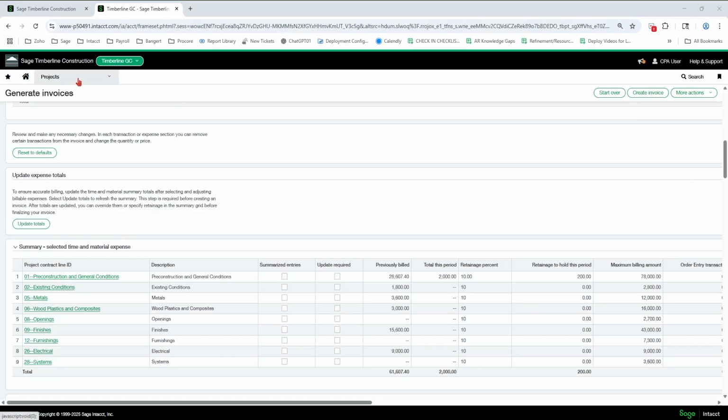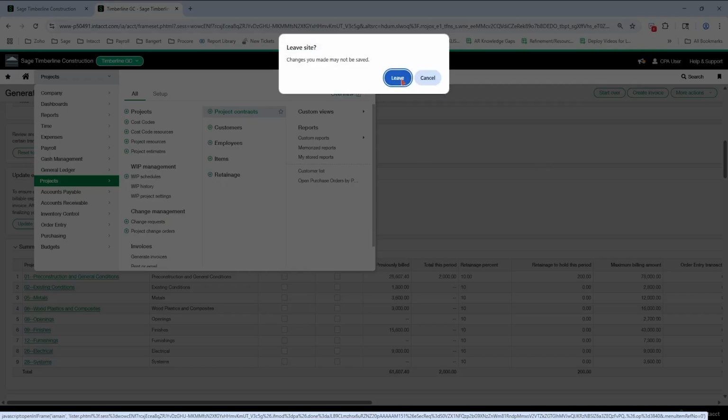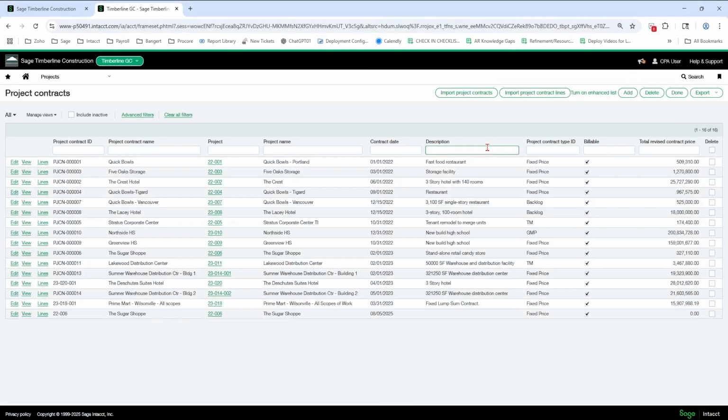So now we are going to talk about a couple more scenarios. So I'm going to go back to project contracts. And I have a scenario where I have an AIA and I want to put fee at the bottom and I want to have the AIA have the amounts filled in based on my costs in the system plus a rate table. Okay, so I have a specific way that I want the AIA to work and I want the fee at the bottom as well.